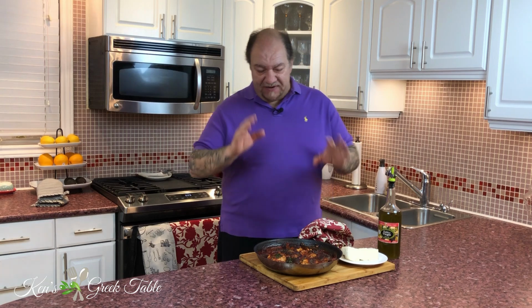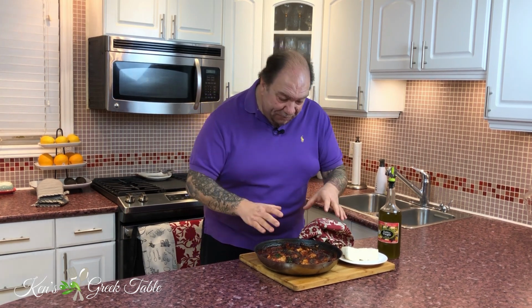All right, this is literally out of the oven about 5 minutes ago. It is so perfect. It is done to perfection. My chicken has all come together with that beautiful tomato sauce, that Greek-style tomato sauce, with the eggplants baked perfectly. I think the only thing that's missing from this now